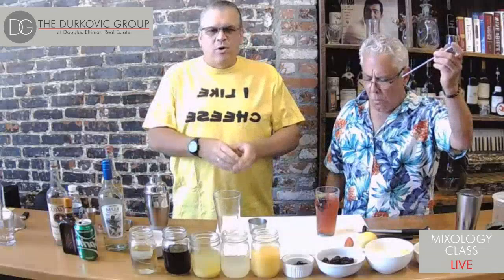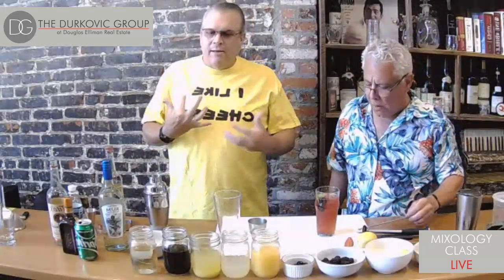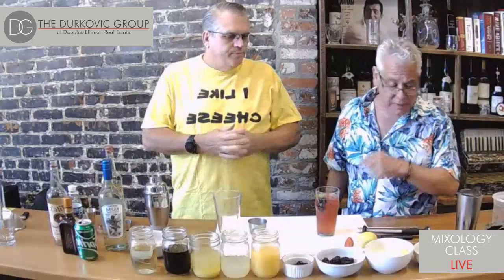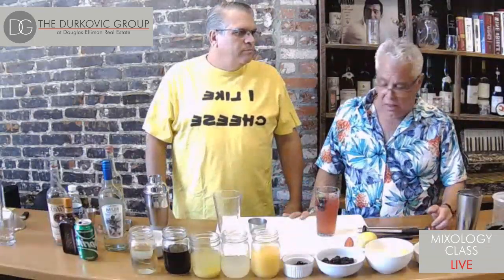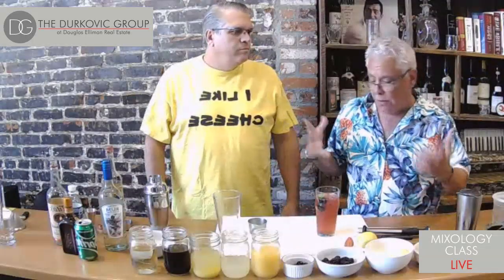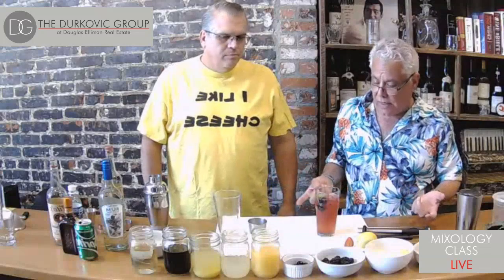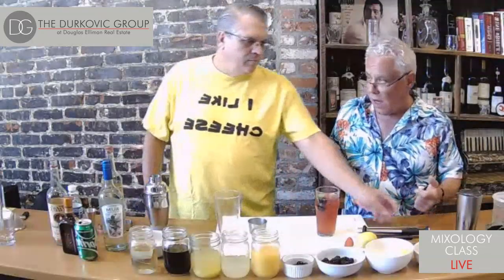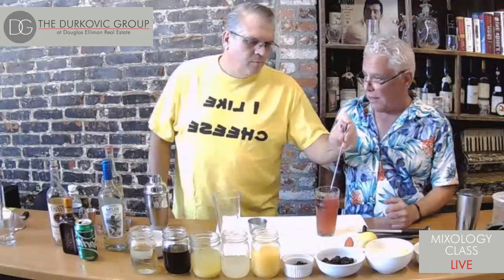Most glasses, if you don't have a really tall highball, aren't going to hold that much. So I would say 4 ounces. That's really good. That's very refreshing. I think this could be a good entree type cocktail because it almost has a wine component to it. It's not overly sweet. The basil's coming out. Can somebody cook me a steak for this, please? I think that would be